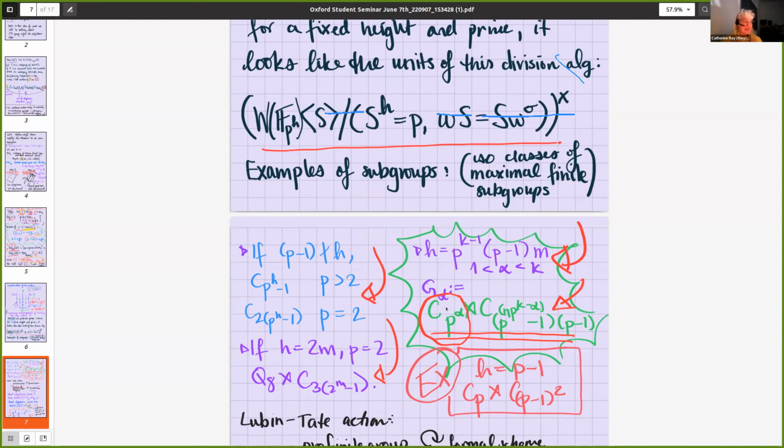And trying to get a handle on it is very, very difficult. And we know that we can resolve a handle on the full group action using maximal finite subgroups. So let's first start there. And I'm now claiming that the heights that are of interest topologically are heights that are divisible by p-1. We shall now look at what happens at those heights.